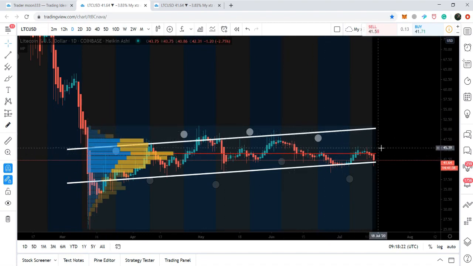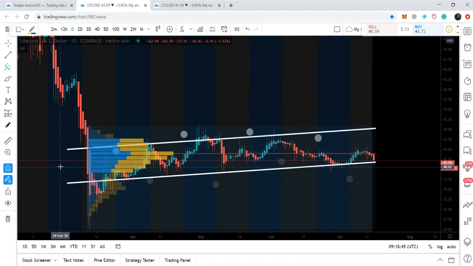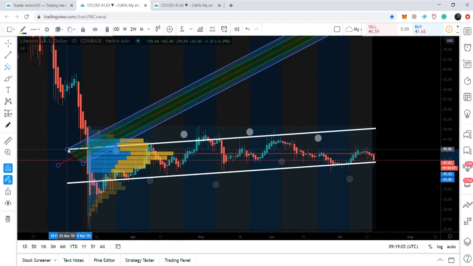And if we watch the point of control of this volume profile, it is almost at $44. For example, if the price action does not break down or break out of the support or resistance of this volume profile, and the point of control remains the same at this level, then after placing the pitchfork indicator, we can see what can happen in the future, because this is really a very useful tool to predict where the price action can move within the channel if we do not have any breakout or breakdown. I just need to place this pitchfork indicator at the center of this channel,